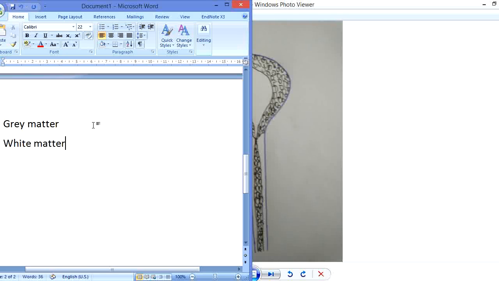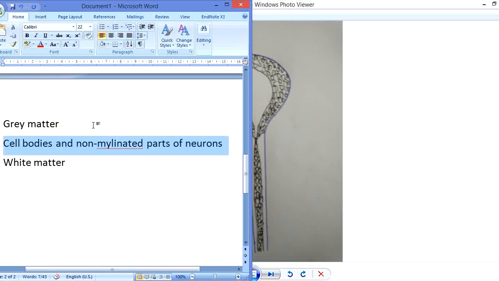The gray matter consists of cell bodies and non-myelinated parts of neurons. The gray matter generally consists of the cell bodies and non-myelinated parts of the neuron, while the